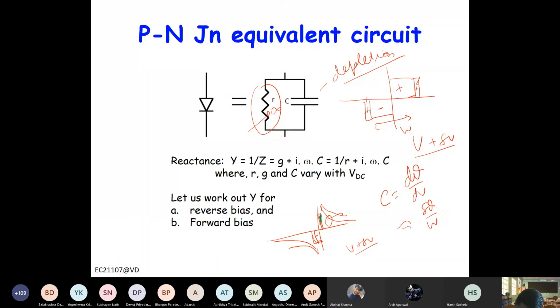So this depletion charge is gone. If you increase the voltage, this charge is increased. So this change in charge will create a depletion capacitance CD, and this charge will create another capacitance called diffusion capacitance, right? This is due to the diffused carriers. And of course you have RD here for forward bias, correct? So let's go into detail now.